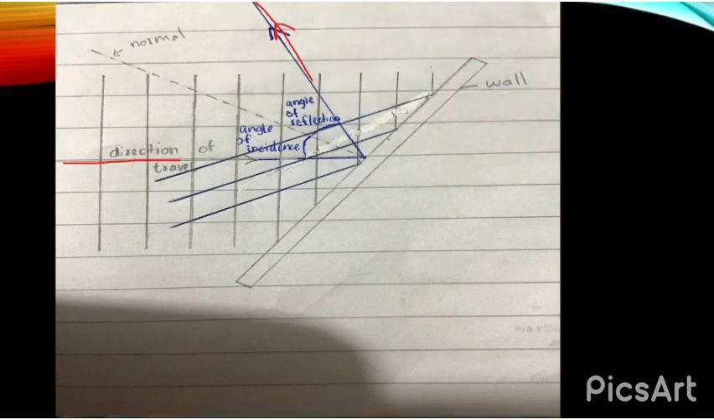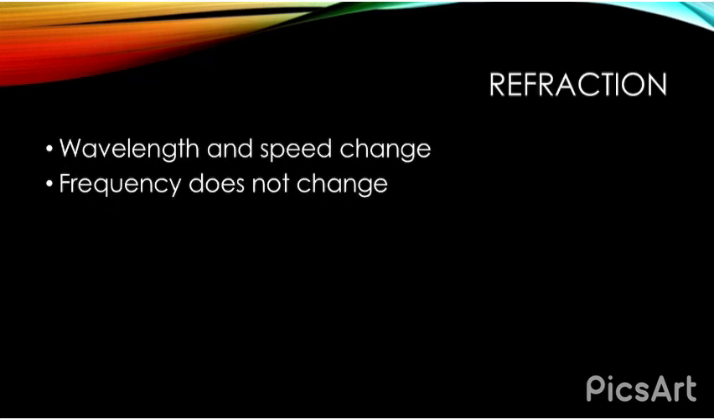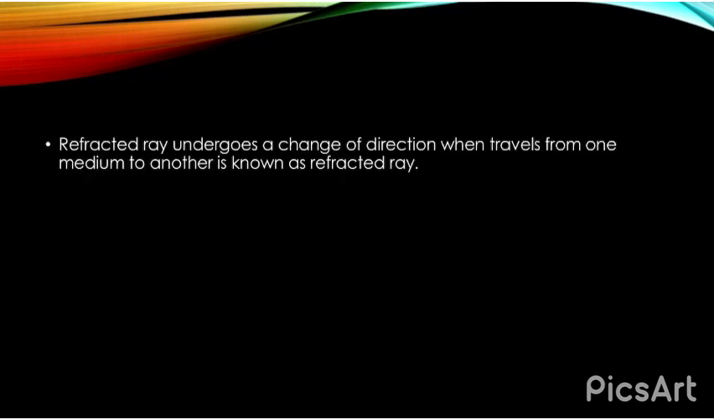So this is how you do it for a straight wave touching a straight barrier. Now reflection: the wavelength, frequency and speed do not change, only the direction changes. For refraction, the wavelength and speed change and the frequency does not change. Now the change of direction that a ray undergoes when it travels from one medium to another is known as a